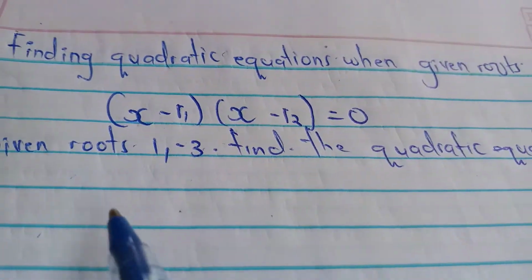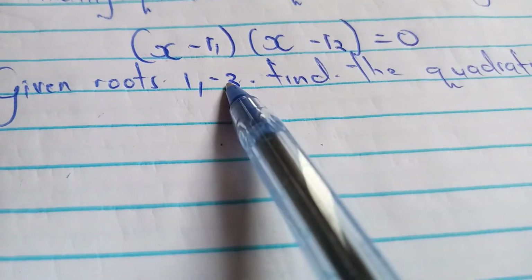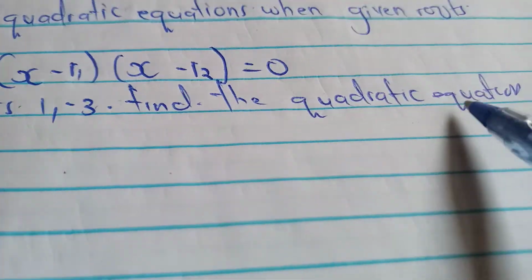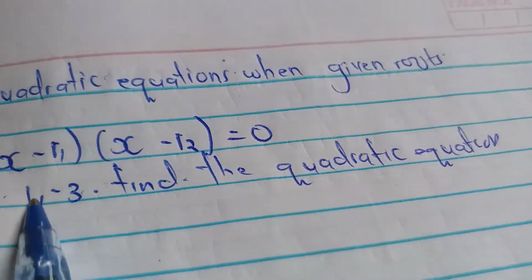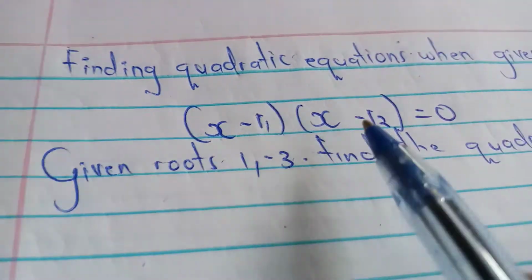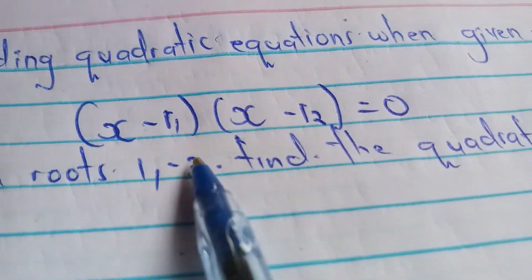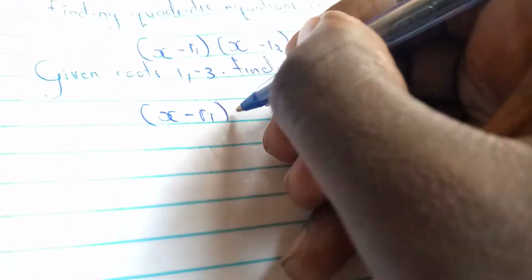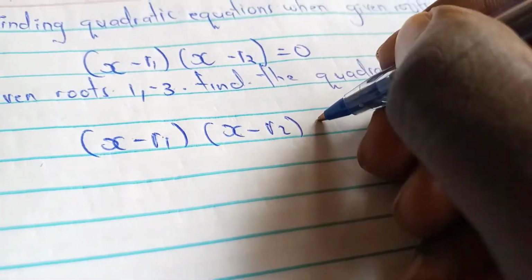So we are going to start with this equation. They are telling us, given roots 1 and negative 3, find the quadratic equation. So the roots mean this root 1 is the x1 and this root 2 here is the negative 3. So how are we going to solve it? We are going to use the same way: x minus root 1, open brackets again, x minus root 2,